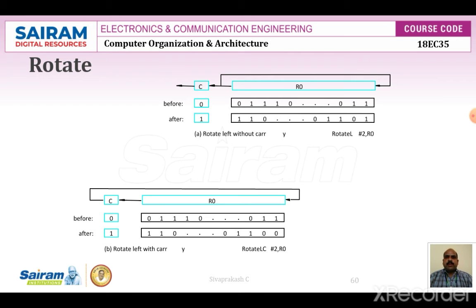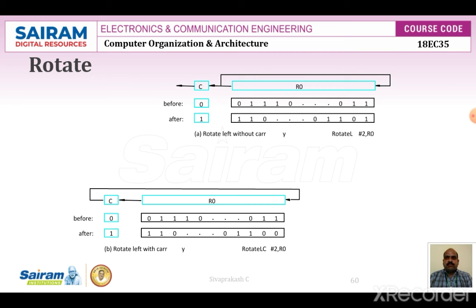For general operands, usually we are going to do the operation towards the left or right. In shift operations, the bits shifted out of the operand are lost, except for the last bit shifted out, which is retained in the carry flag C. To preserve all bits, a set of rotate instructions can be used. They move the bits that are shifted out of one end of the operand back into the other end.